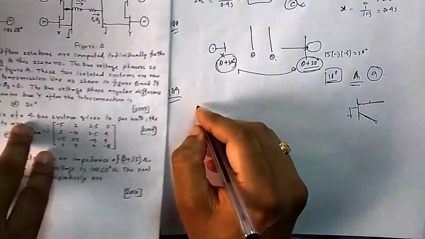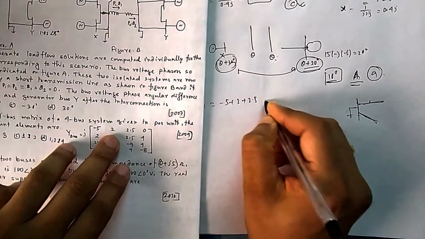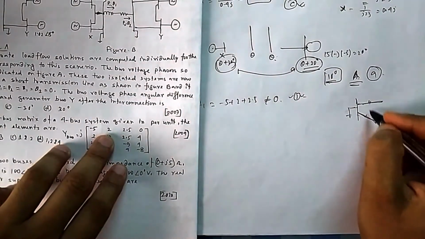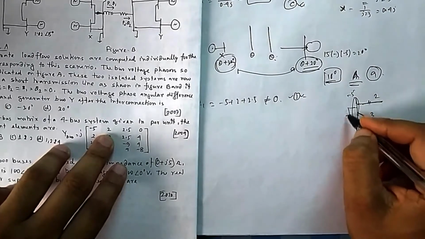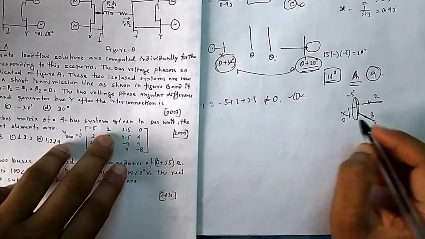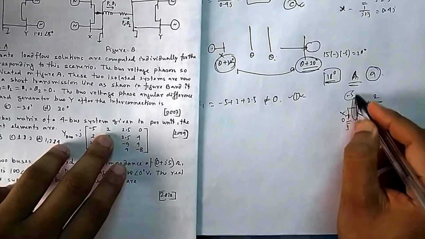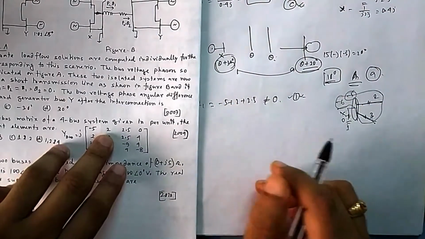If you see which row is 0, row 1, if you add, it is minus 5 plus 2 plus 2.5, which is not equal to 0. So obviously row 1 has some shunt element. Otherwise only these two would have come. Suppose this is 2, this is 3, then this one is minus 5. Suppose the shunt is 1, then 3 plus 3 plus 1, it will be minus 6. So then if you add these 3, it will not be 0.